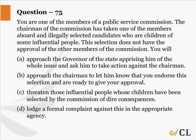Now in a leadership position, Ashok, there is always something called proactiveness, right? What do you do on your own? Approaching the governor of the state, apprising him of the whole issue and asking him to take action against the chairman is correct. I'm not saying it is wrong. But if I have an option which says lodge a formal complaint against this in the appropriate agency, then whichever agency it is, you go there and lodge a formal complaint, okay? How do I know that only the governor can decide on this? It might be, might not be. Therefore, if I compare A and D, D takes precedence, where it says lodge a formal complaint against this in the appropriate agency. I have to decide which one is the appropriate agency, whatever it is, and go and lodge a complaint. The next precedence would be approaching the governor of the state, apprising him of the whole issue and asking him to take action against the chairman. Therefore, as I see it,